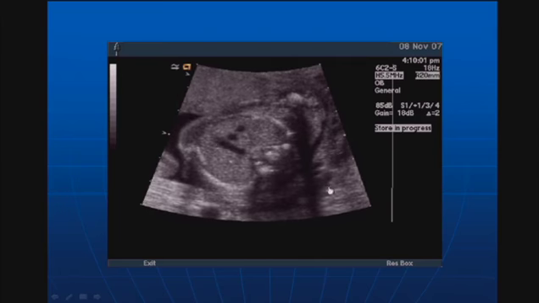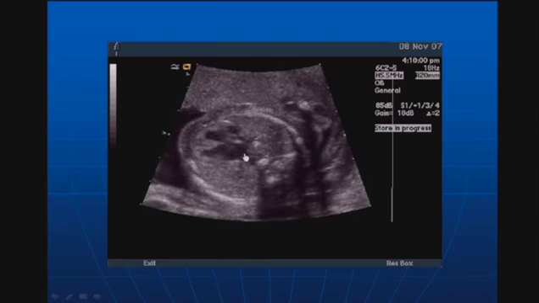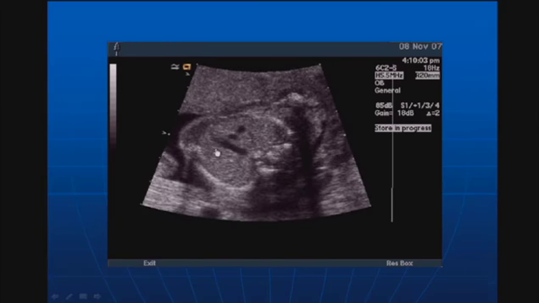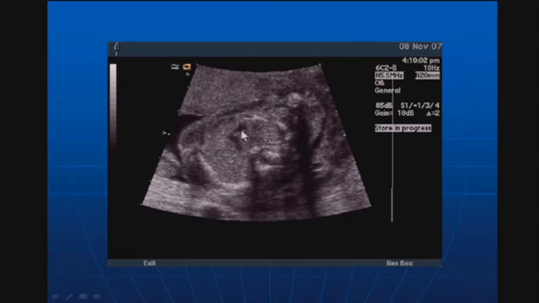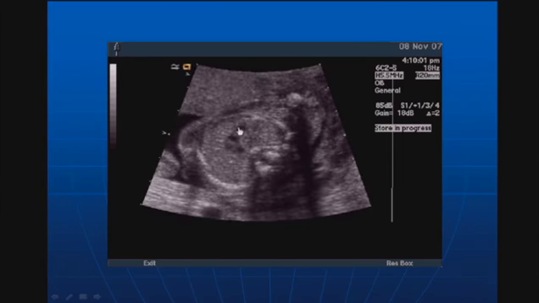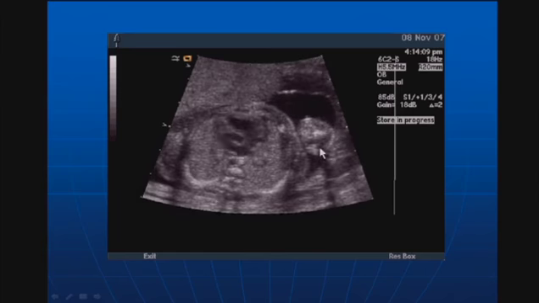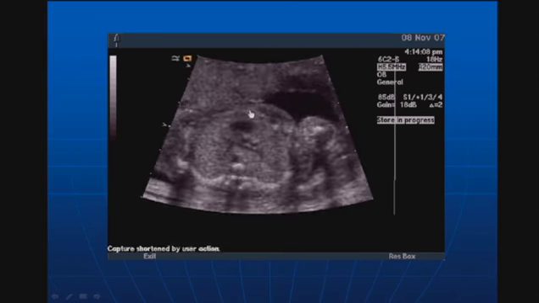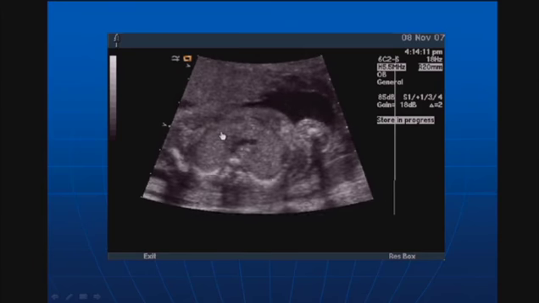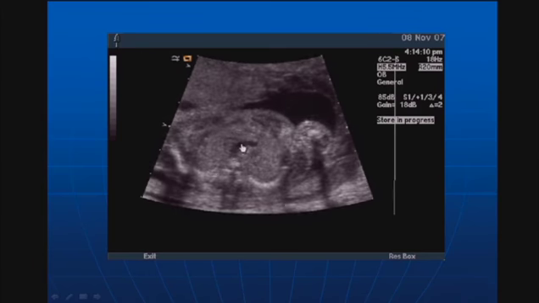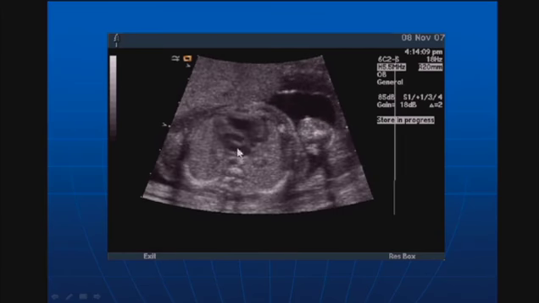However, we now do the 3-vessel view. And if we look here, RVOT comes over to the left side here. That's the pulmonary artery. Aorta lies underneath. It goes centrally here. And over here we have the SVC that always comes out of the right atrium. So you see these 3 vessels lined up very nicely. Now, if the apex is up, as in this case, you're going to see very nicely the RVOT coming over here to the left side, the aorta coming from the left ventricle to the midline. And if you look closely here, you can actually see underneath here, and I'll show you in another example where